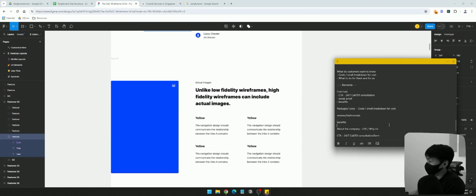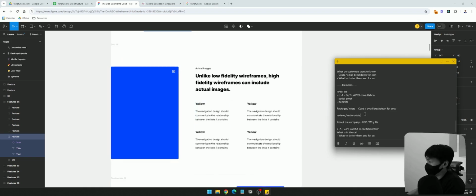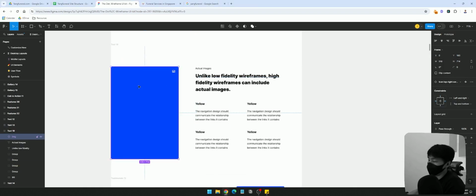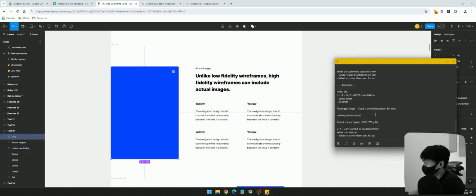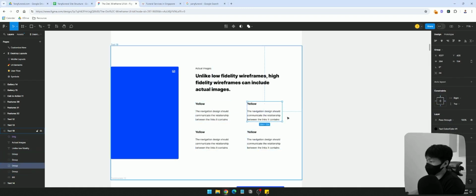And then below will be kind of like the about. I don't think we need another benefits section because we already have benefits here. So it'll probably be about the company. This will be a photo of the logo or some examples of their work, and then a small write-up about the company, and then we'll have the unique selling point of the company, like how many years